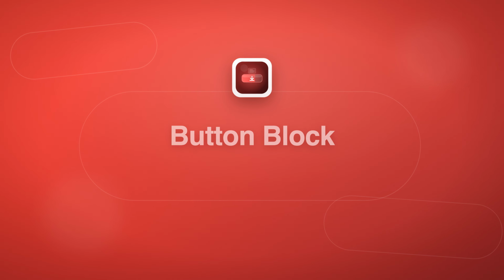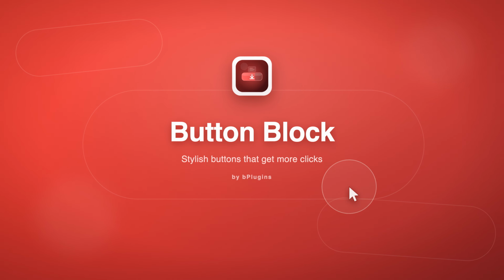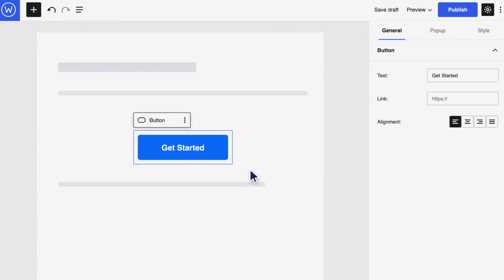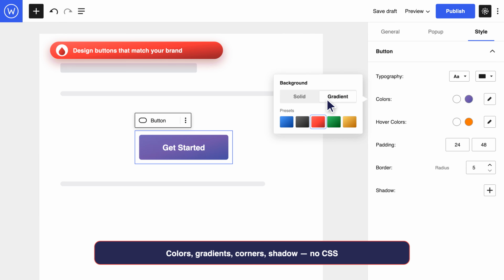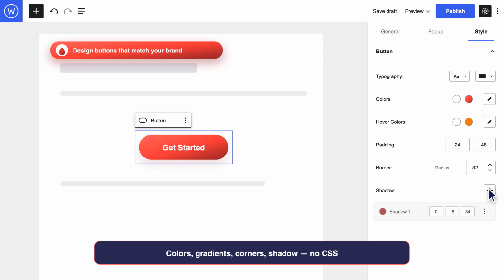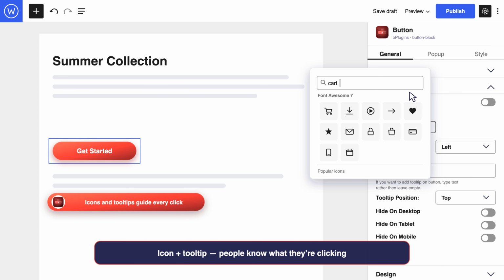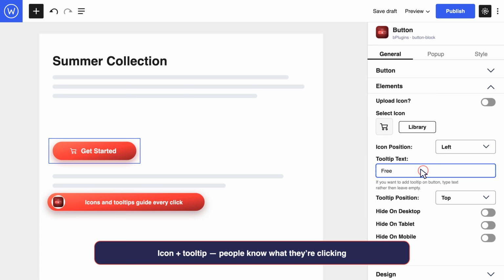Button block. Clean, modern buttons that turn casual browsing into real clicks. Match your brand exactly. Pick a gradient, round the corners, and drop in a soft shadow. No CSS needed. Drop in an icon from the library, then add a hover tooltip so visitors know exactly what